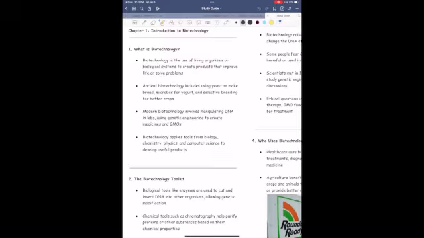So the first main question that we need to remember is, what is biotechnology, or what is the definition of biotechnology? That is the use of living organisms or biological systems to create products that improve life or solve problems. So think about insulin. Insulin is the thing that we always come back to. So let's just write living organisms